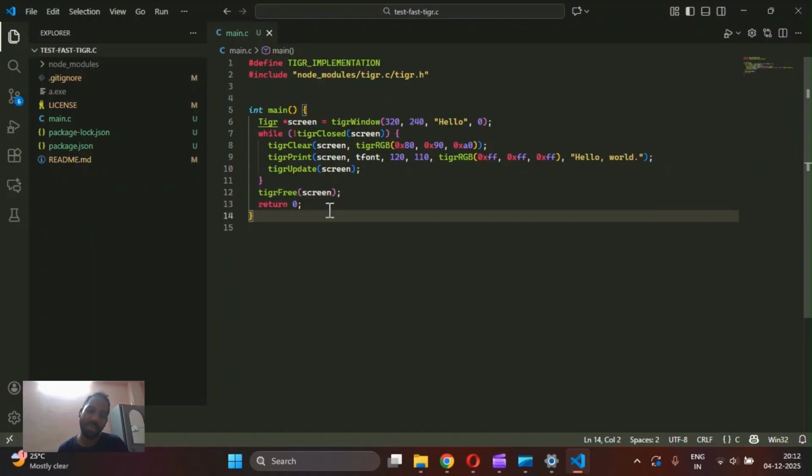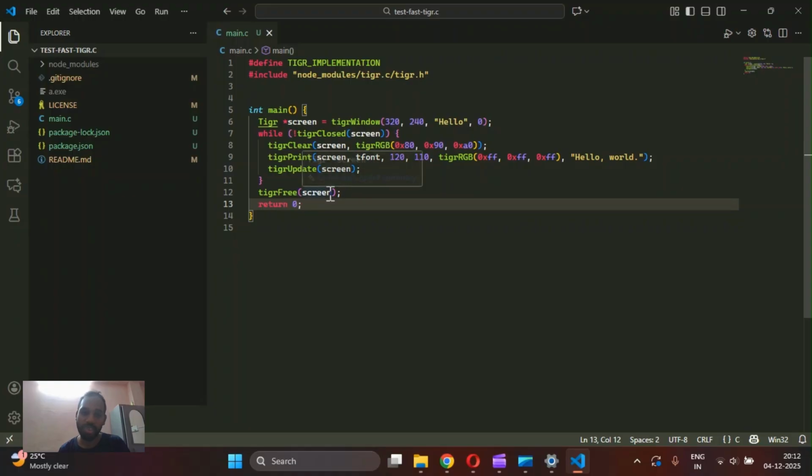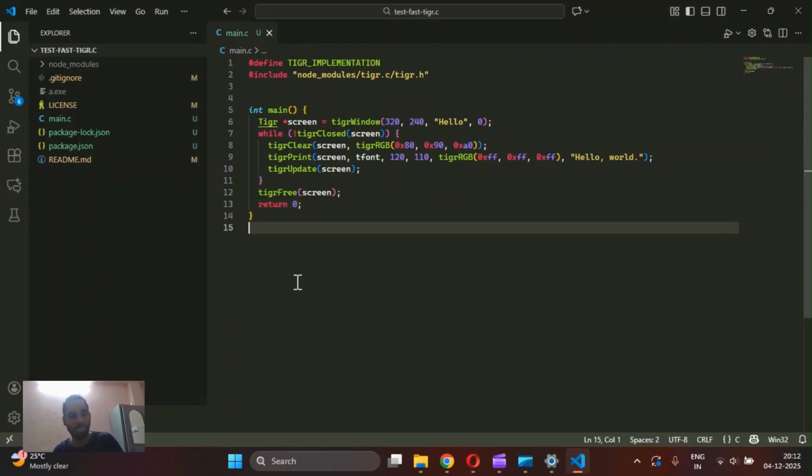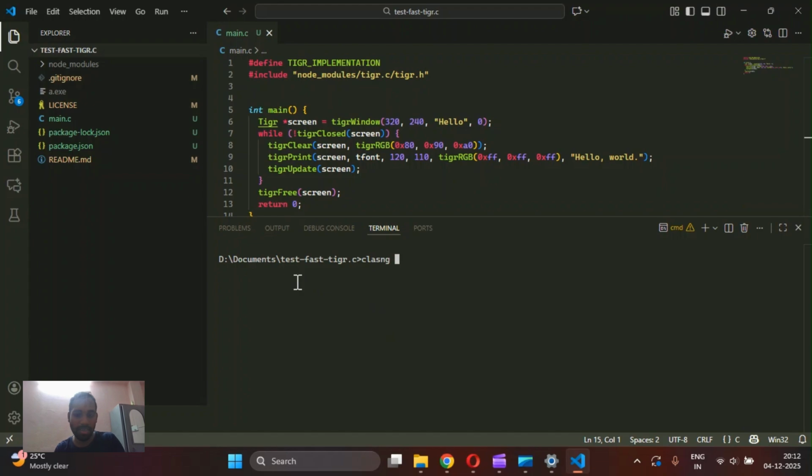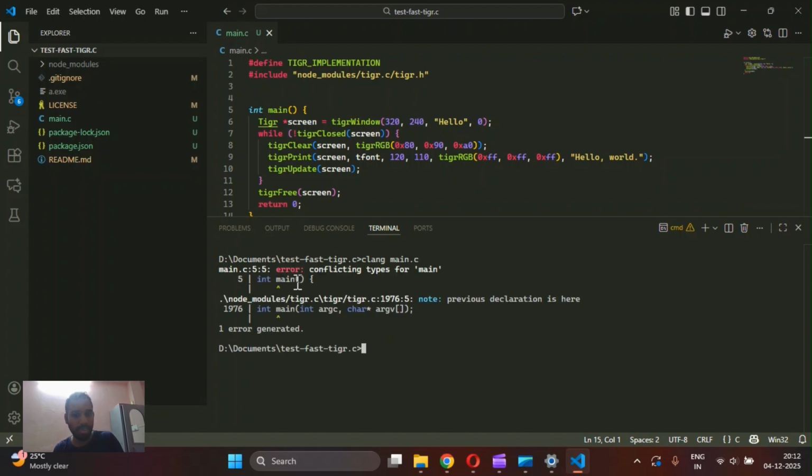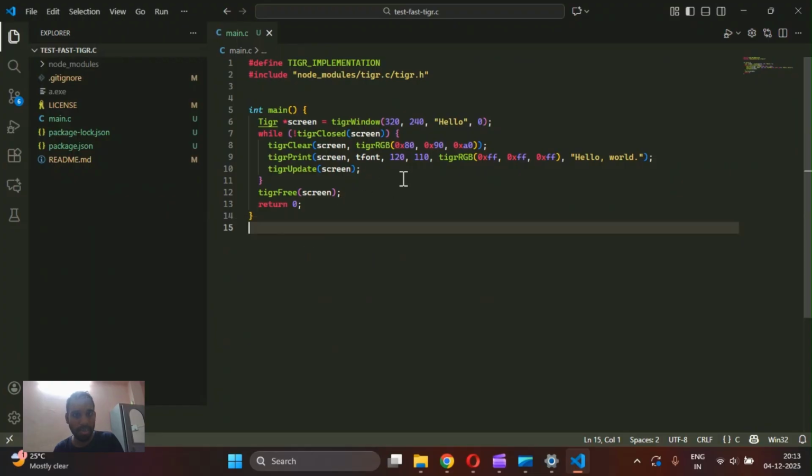And then once you are done, the screen has been closed. You need to free the resources, just like malloc and free. Similarly, you need to call tigrFree to free the resources associated with the screen, and return 0. So let us try this. clang main.c. Conflicting types for main. Okay, I think I